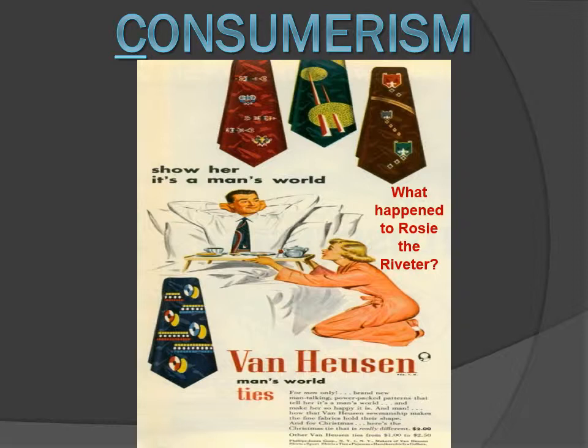But it is interesting to see what happened to Rosie the Riveter. I always say Rosie's coming back. Rosie's going to come back in the 1960s, and will begin to burn her bra and talk about the protest that she will have, saying that I have been restricted. I have not been able to advance in my career. Now, there were examples of women that actually were able to become successful in the 1950s, but really in the 1960s and 1970s, you're going to see women pushed to the forefront, where you're going to have better opportunities both educationally and occupationally.